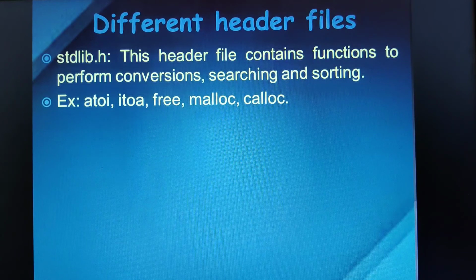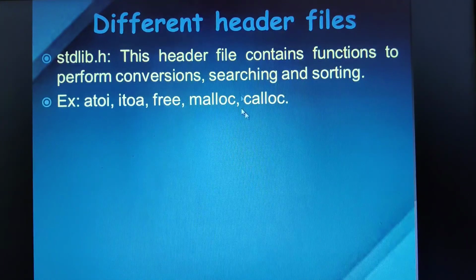But after your execution, you would like to free that particular memory. If you want to free whatever allocated memory, then you can use a built-in function known as free.